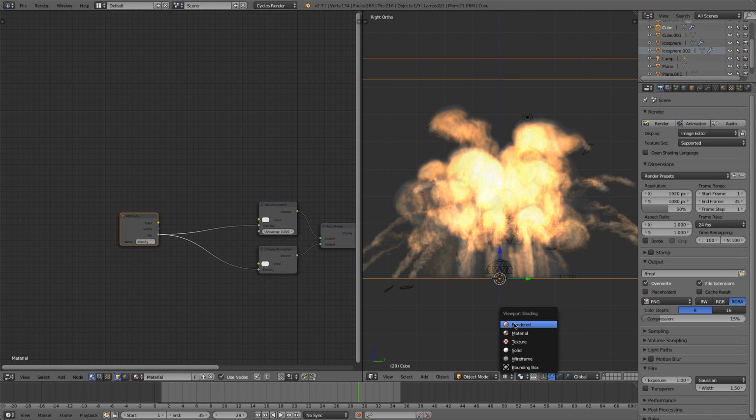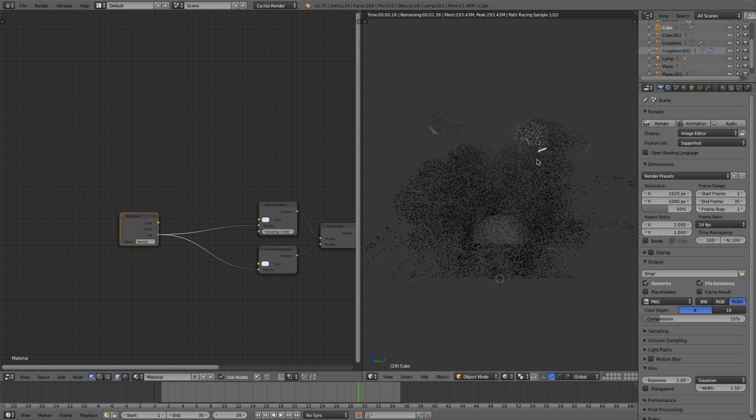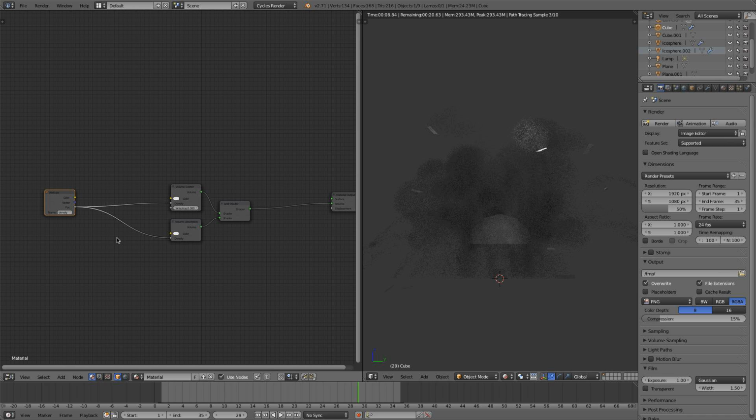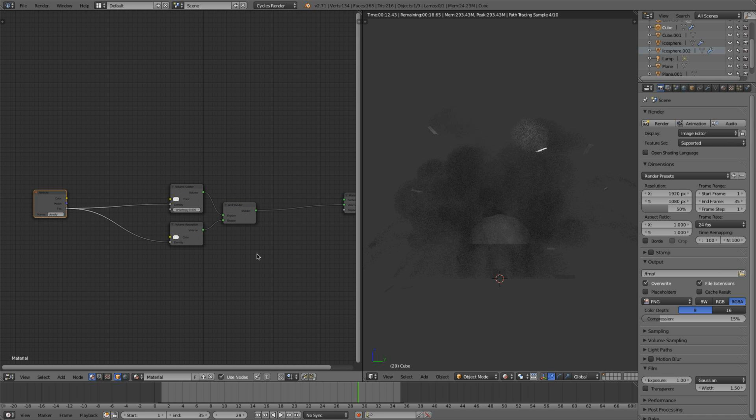If I go rendered, we should see, yes, we got some smoke rendering. Okay, it looks bad right now, but we got smoke rendering. So that is cool. Now, that's just the basic smoke with no adjustments made. Now I'm going to do the same for the